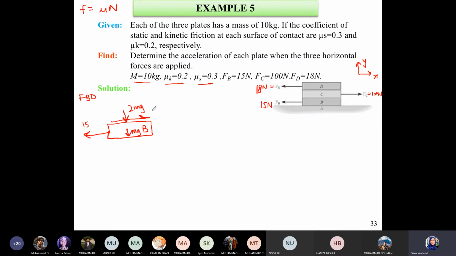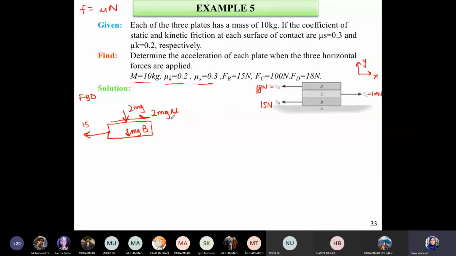So it would be, what is the normal force? 2 mg times mu. Now for now I'm writing only mu, just because I don't know yet whether it's going to be static or kinetic or what exactly it is going to be. Okay, so let's